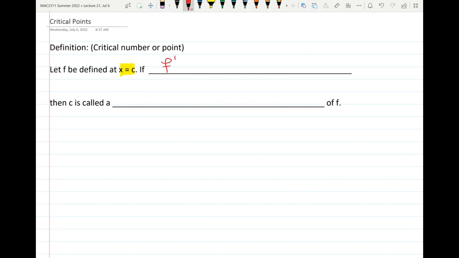If the derivative of the function at c equals 0 or is undefined, so if f prime of c is equal to 0 or f prime of c is undefined, then c is called,